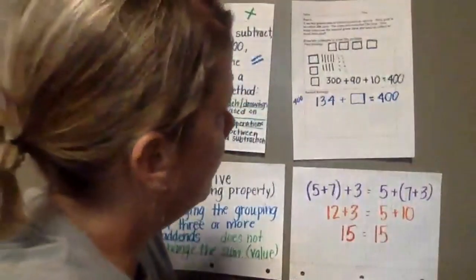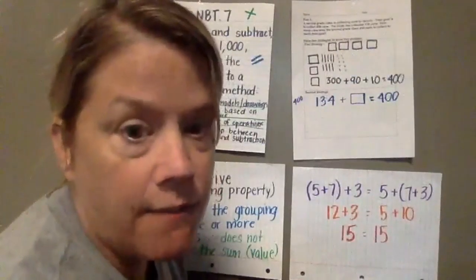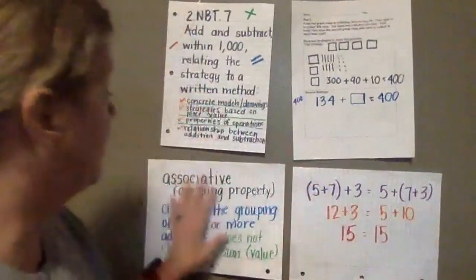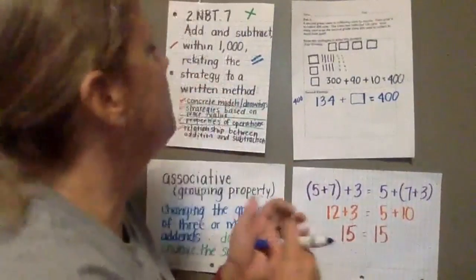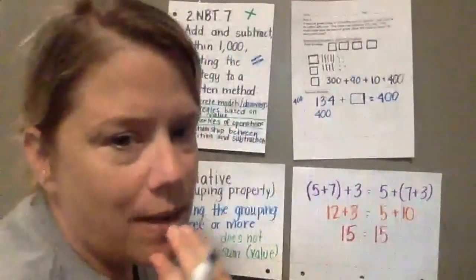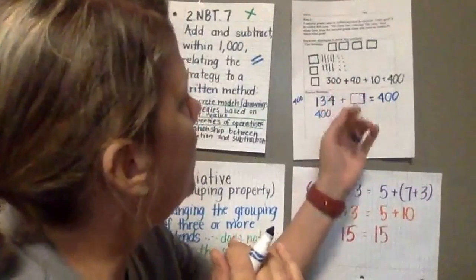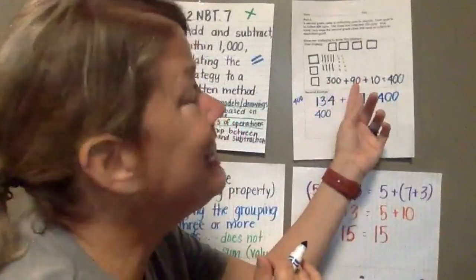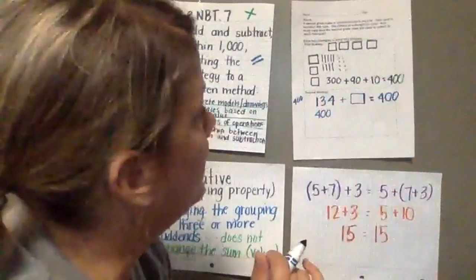Okay? So I'm looking at this, and I'm thinking I want to break down the 400. Because if I break apart the 400 with my associative property, that might help me get to where I'm going, I think. Okay? So if I said I have 400, what's another way I can look at that? We did this one yesterday. I can say I have 300, 3 100s, 90 10s, and 10 1s. So I did that work yesterday. I can bring that down